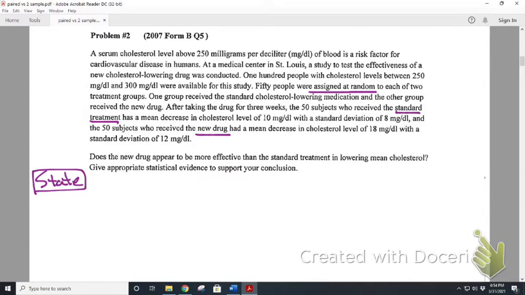All right, we are talking about people with cholesterol between 250 and 300. So I just don't want to write that twice because we're about to define the two groups, and that's true of both groups. So the true mean for group 1